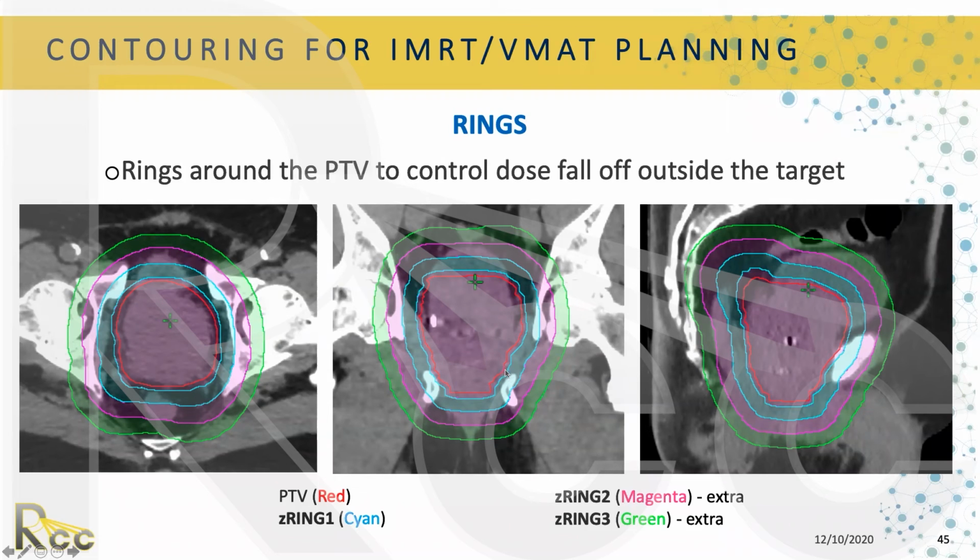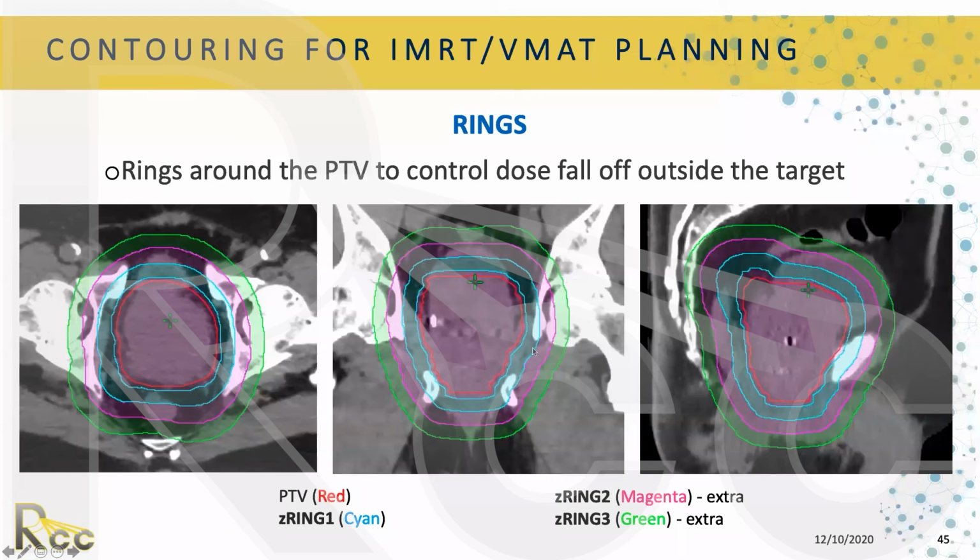So we put 3 millimeters and we create this ring, which is the ring that I was talking about, 1 cm thick, and 3 millimeters away from the PTV. I said before that we normally create one ring, but some people use more because then you can use NTO to take care of the doses